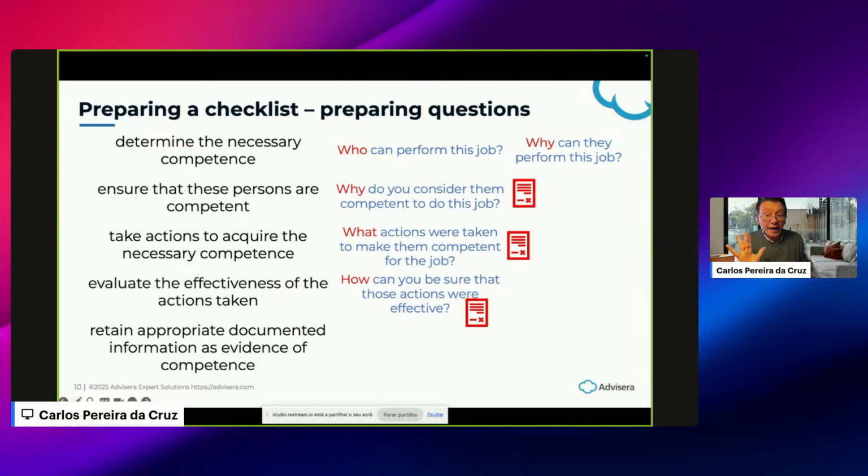So that's why I say to you, beware of using cookie cutter checklists, okay? Different audit objectives require different lines of inquiry, questions, and evidence to be gathered, okay? I find it useful to include in my checklist, for example, tables. The number of rows is the number of samples I want to take during the audit.